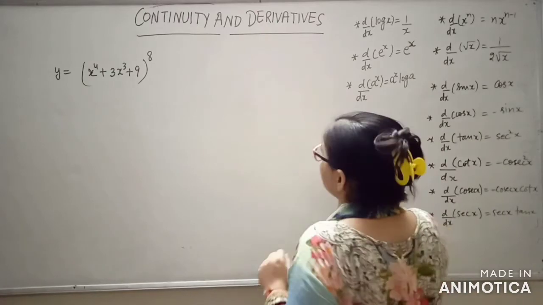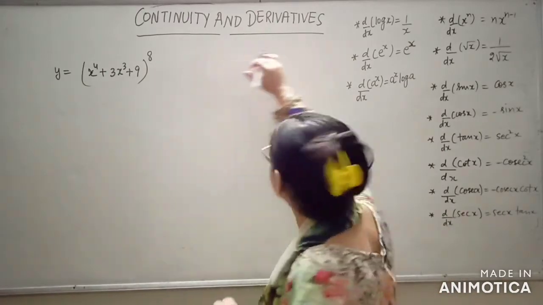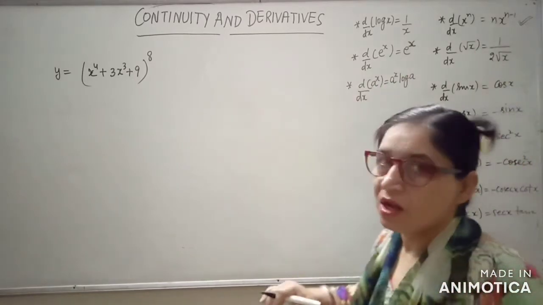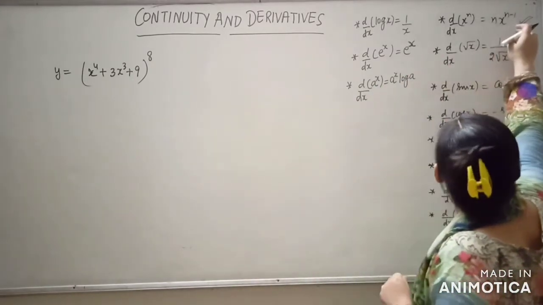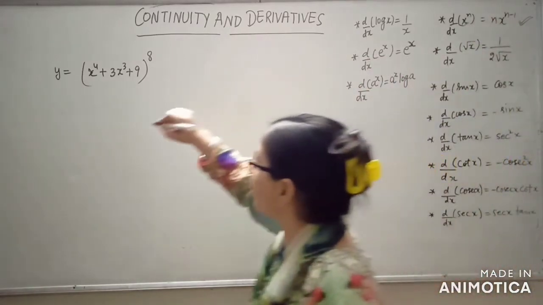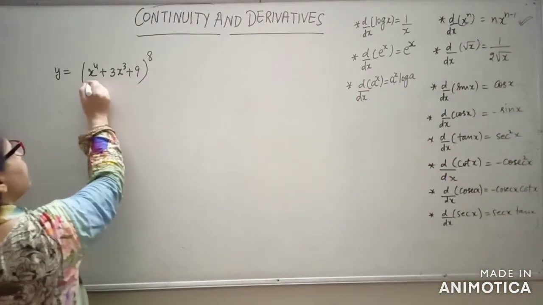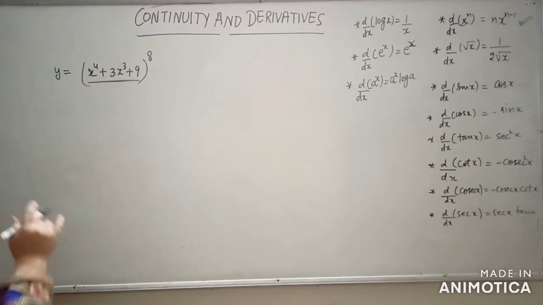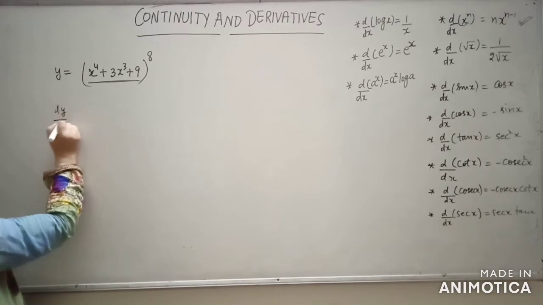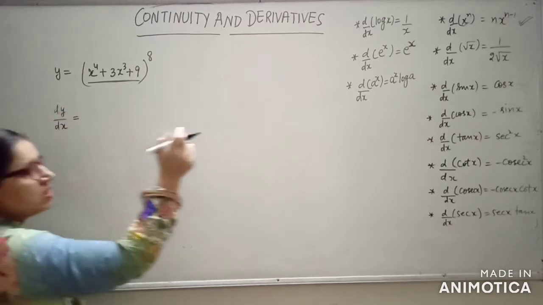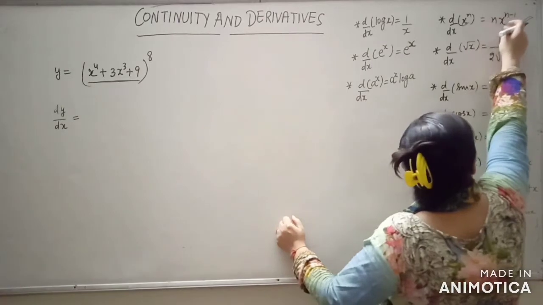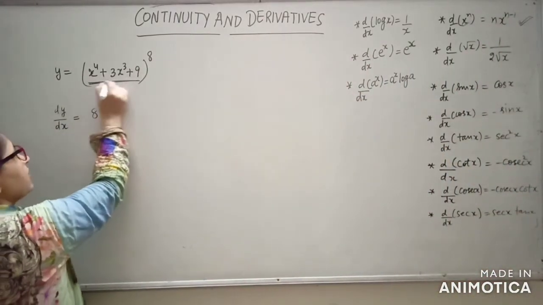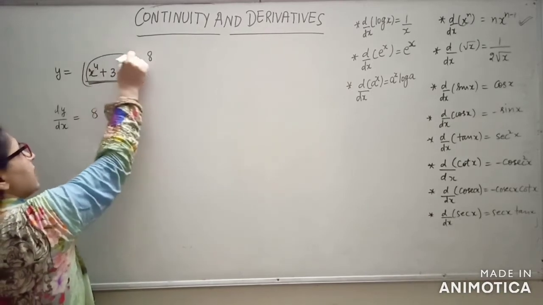Now if we see here, it is a power, and it matches with this formula. But when we were doing it before, it was only x raised to power 8. So okay, no problem. We consider that this is the x. If we take this as x, then how will we take the differentiation? dy by dx. What is the rule here? n x raised to power n minus 1. Here n is now 8. So 8, I have considered this is my x. The whole is my x.